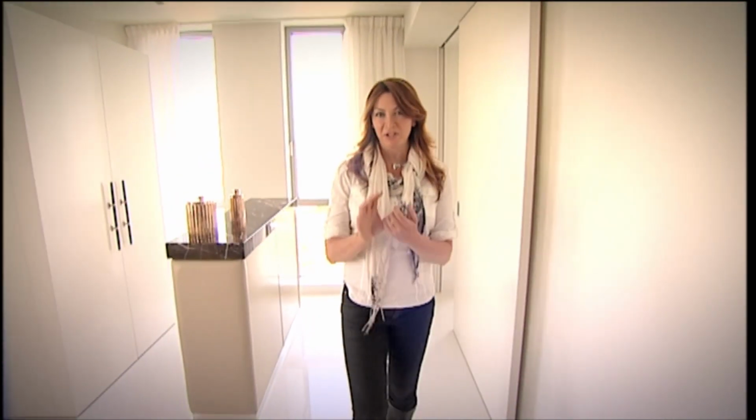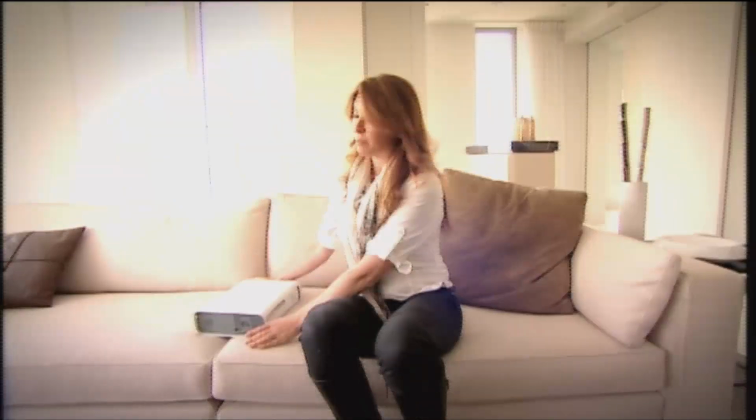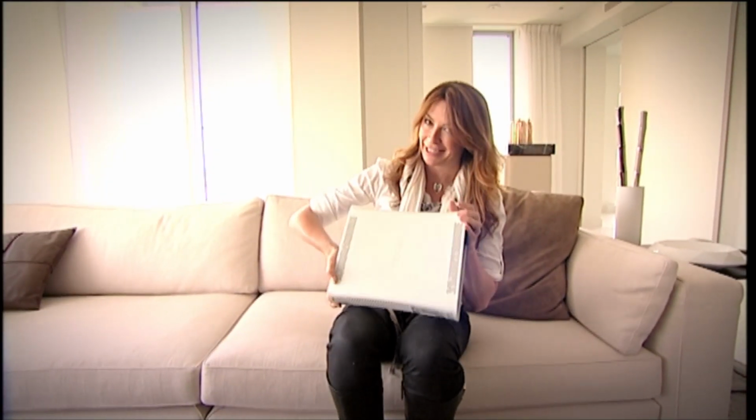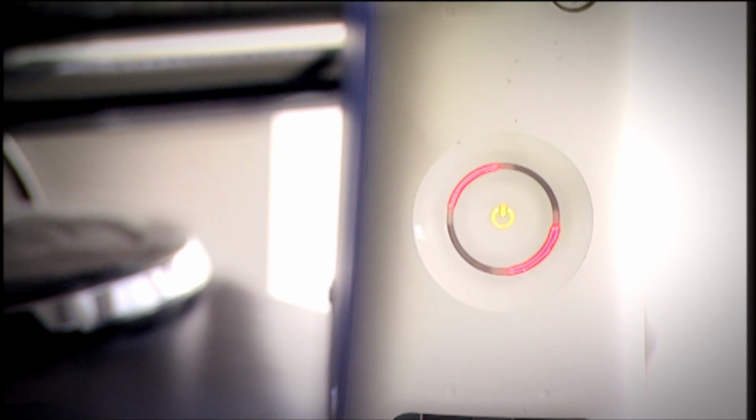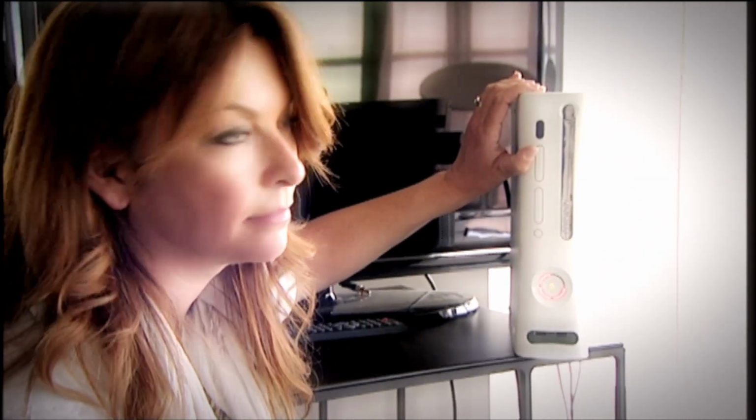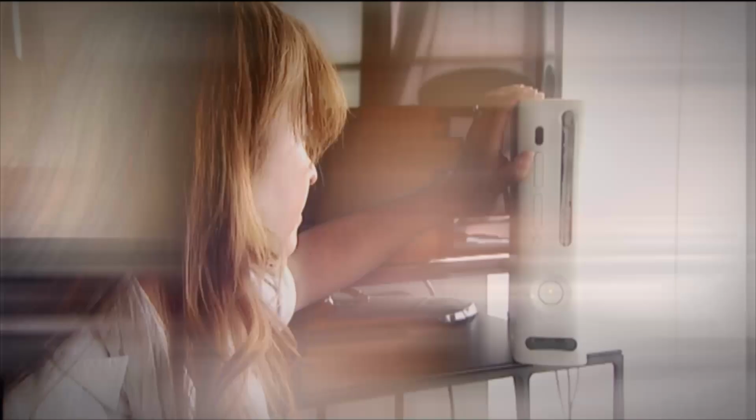So, I've discovered, rather unsurprisingly really, that some of the cheapest deals that you can get involve buying faulty goods. I've bought this Xbox 360 for £35 from eBay, and I'm going to try and fix it myself. This old Xbox was suffering with the red ring of death, and I was attempting some gadget resuscitation. Yeah, when I say I'm doing it on my own, not quite doing it on my own. This is Chris Sanderson, he's a gadget enthusiast, and has taken, well, a fair few Xboxes apart in your time,